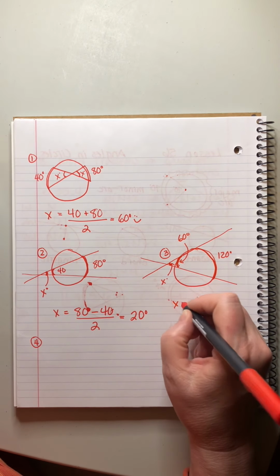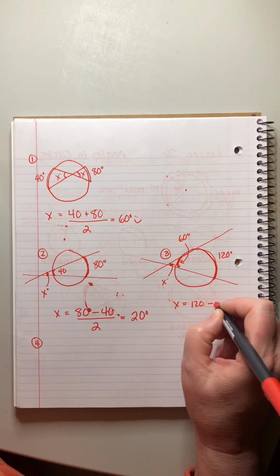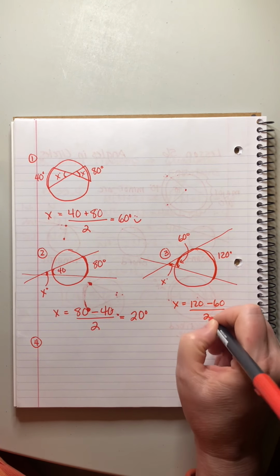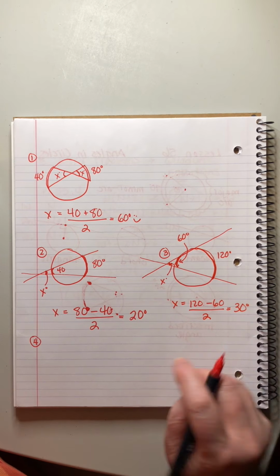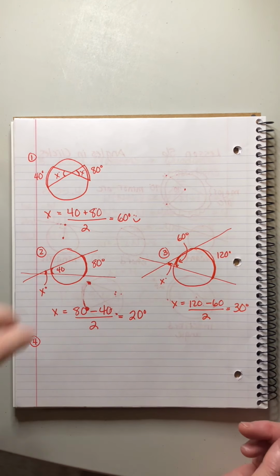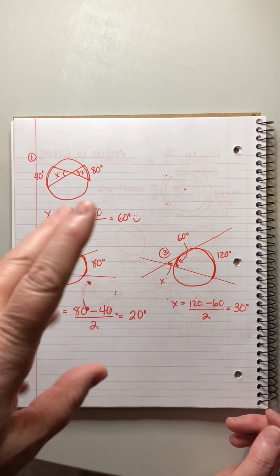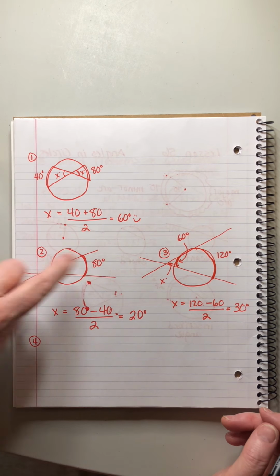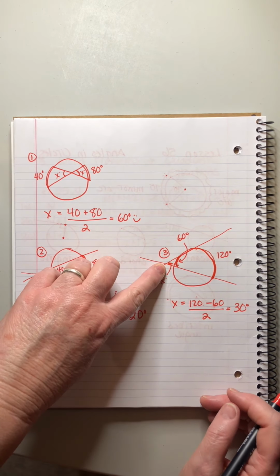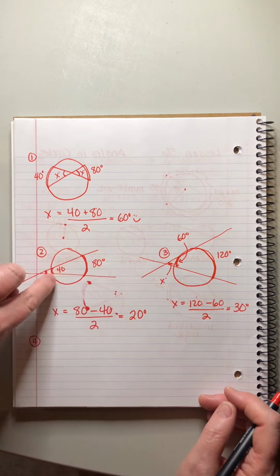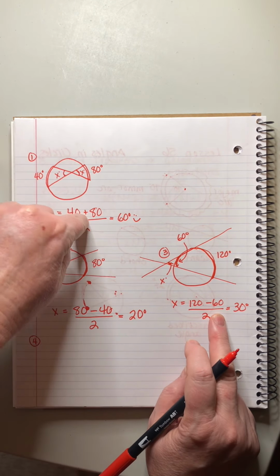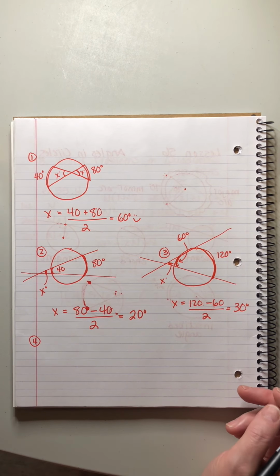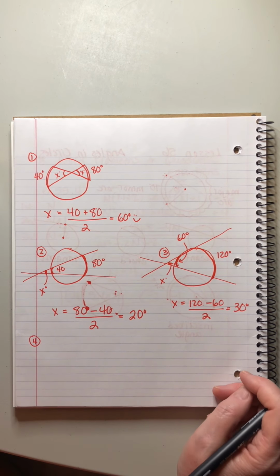Again, we say X equals 120 minus 60 over 2. 60 over 2, it's 30 degrees. All right, the numbers are not important. We're just looking at the angles that are made. The important thing here is that when the angle is created outside the circle, we subtract. When the angle is inside the circle, we add. Okay? And then the last scenario